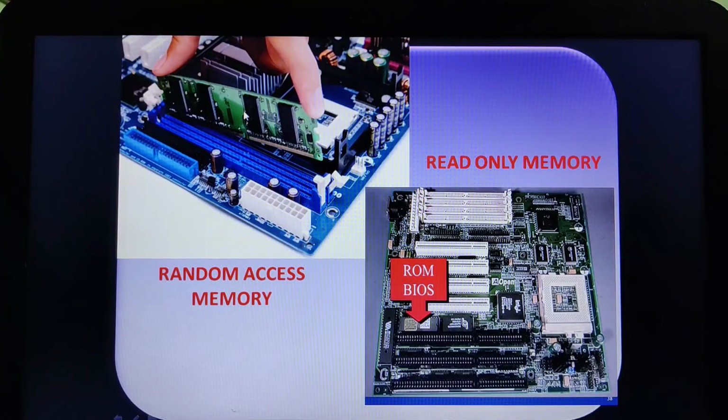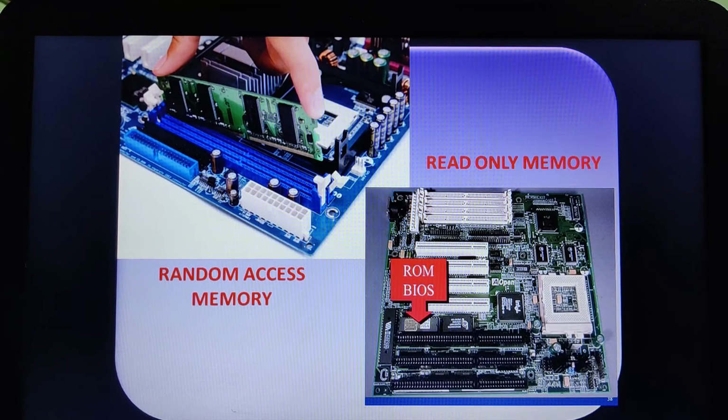This SRAM actually makes use of multiple transistors, almost 4 to 6 transistors, in order to make one memory cell, and it is not using any kind of capacitors. If there is no capacitor, then you don't need a continuous refreshing process, isn't it? And if there is no refreshing operation, obviously the data transfer rate will be much faster, because if there is a refreshing process, then the data transfer would take time.